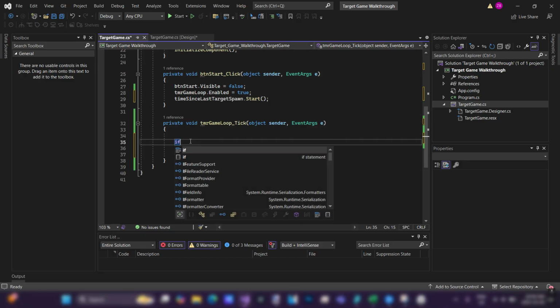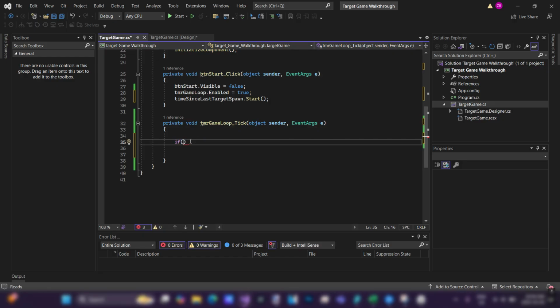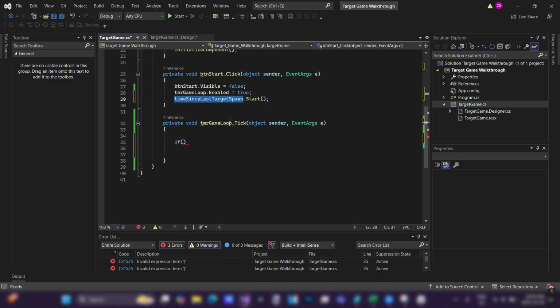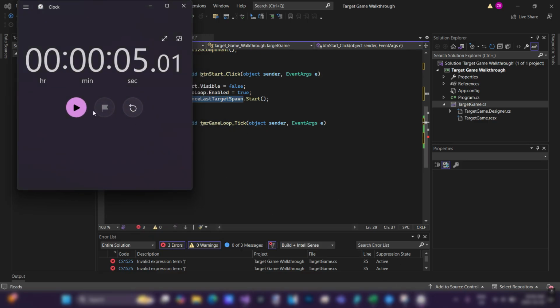Well, I want to spawn it if the time since the last target spawn, so if my stopwatch, has reached a second. Okay? So when I start my stopwatch, as soon as it hits a second,